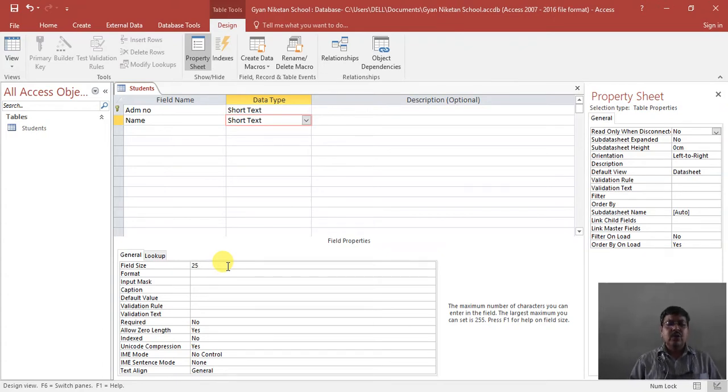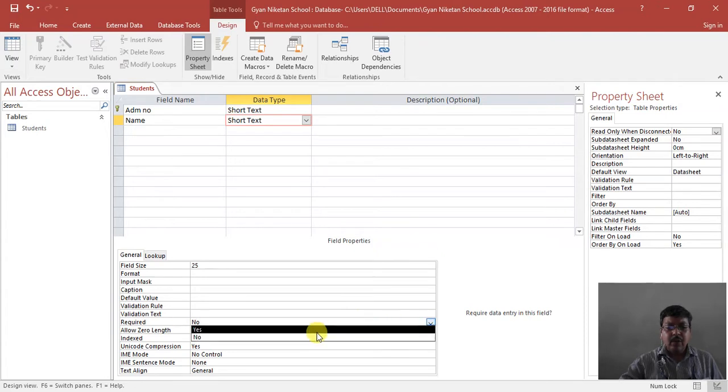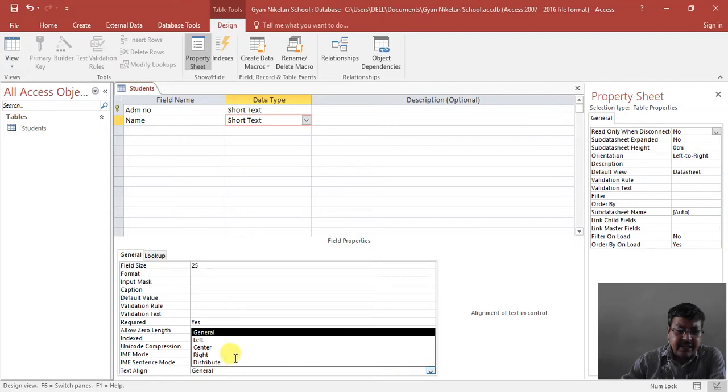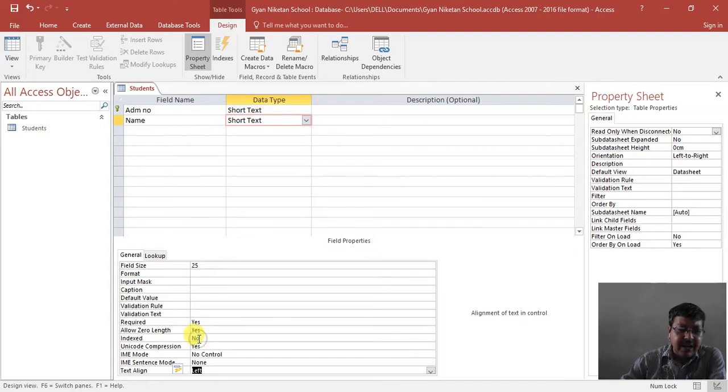It depends on you, 20, 25. Required means whether you want to insert the name or not. I want to set required yes, which means the user must enter the name also. It is adjusted as left alignment.